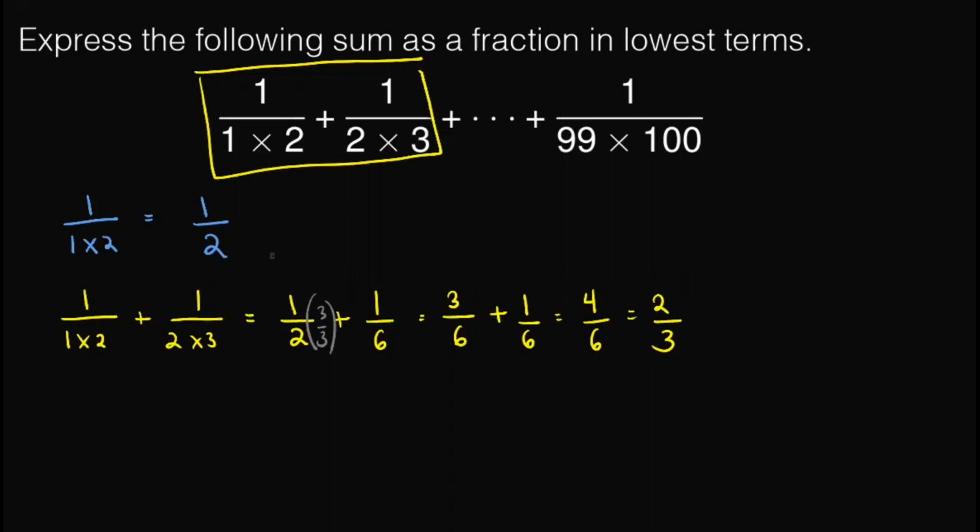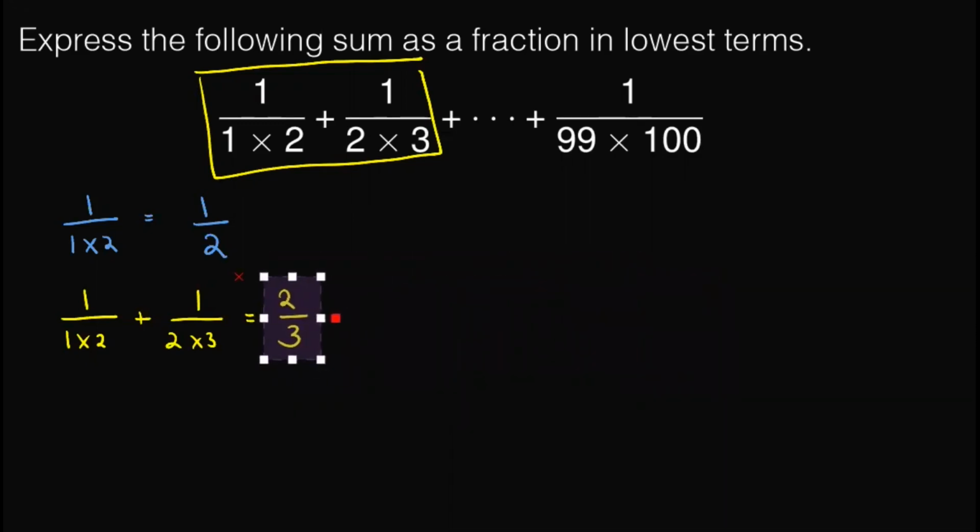So let's remove this one. And so we now know that 1 over 1 times 2 plus 1 over 2 times 3 is 2 over 3. And by this time, you might observe a pattern out here. Since this one out here is 1/2, this one out here is 2/3. But to further solidify our idea, let's try